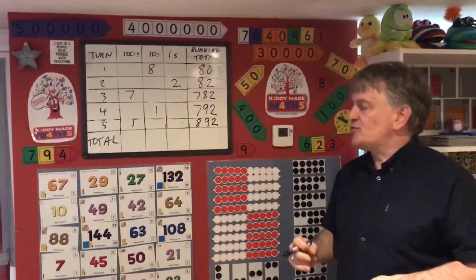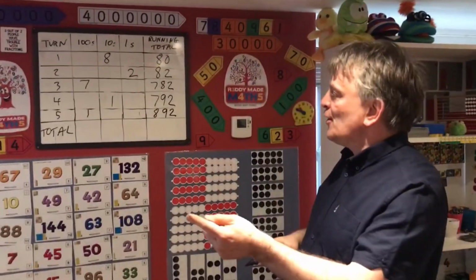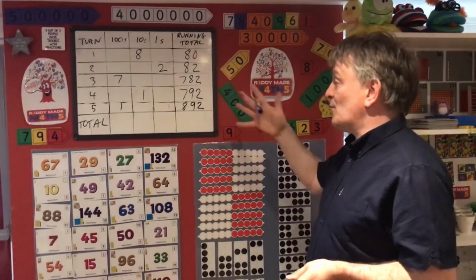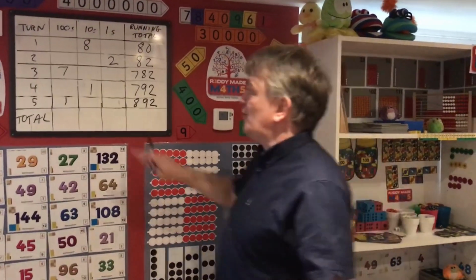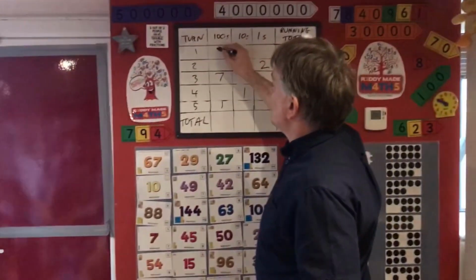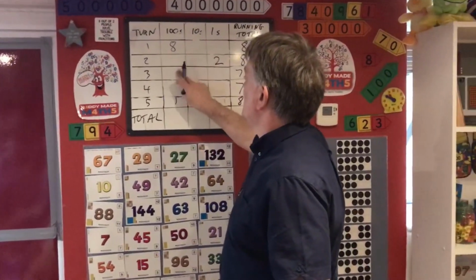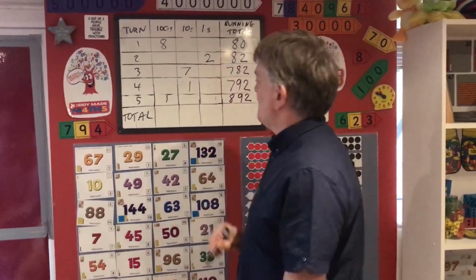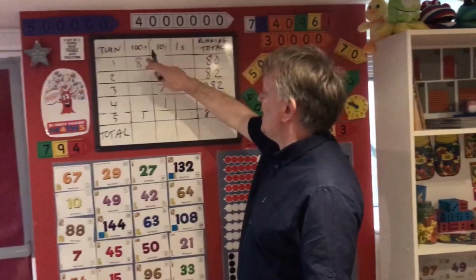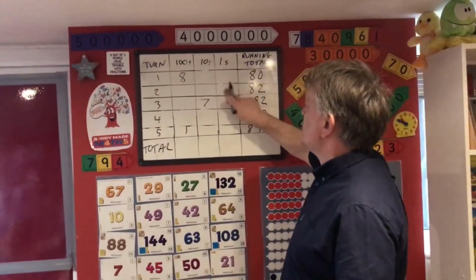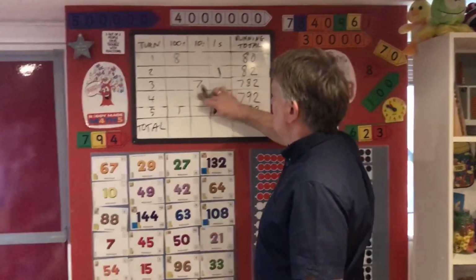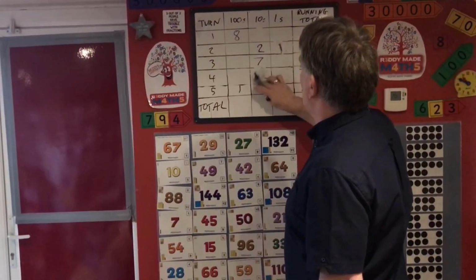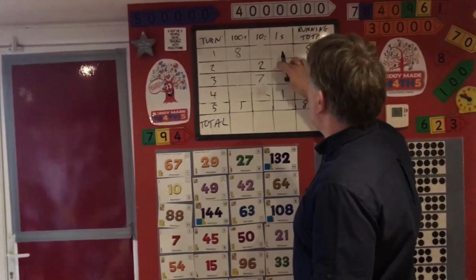Now what I would then say to the children is, could I have played better? Could I have put the numbers differently? And actually with those particular numbers, I could have been very, very close to 1,000. If I, for example, put my 8 here in the hundreds, put my 7 here in the tens, you can see straight away the difference. If I have swapped round the 2 and the 1, so I put the 2 there and my 1 there,